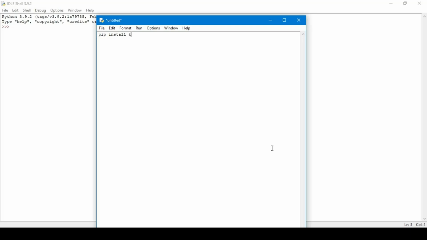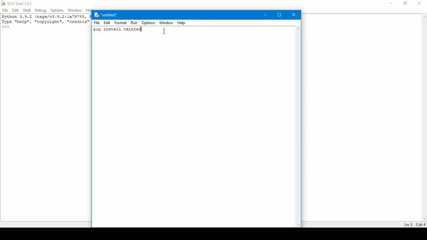So I'm going to use tkinter, even though you wouldn't actually have to install tkinter because it already comes with Python. And there are lots of other modules like that. Like I said, I think there's a few for creating websites and at least going to websites and sending emails and things like that. And anyway, so you just write pip install, then your module name, and then you click